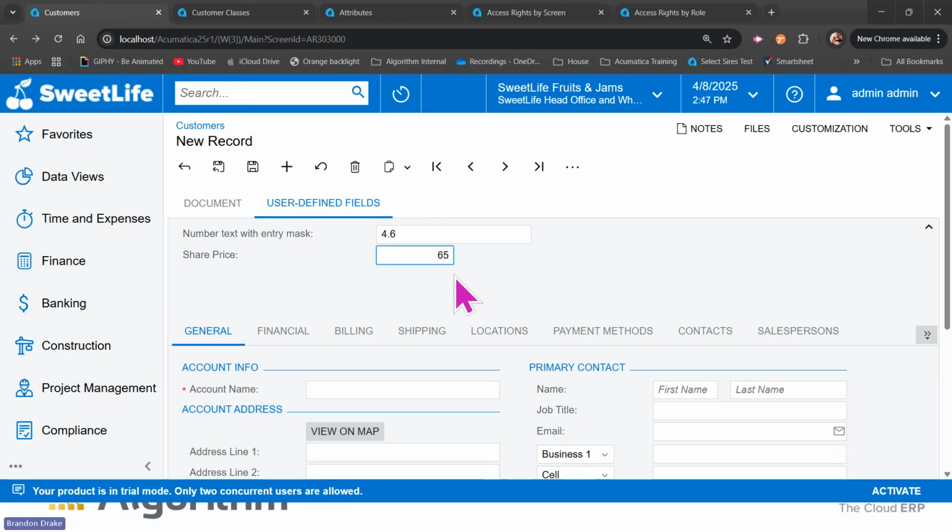No matter what I type in here, it's going to stop me at 3 characters. So that's with the entry mask. There are ways, with redirect expressions, to kind of guide the user here. But as far as all that goes,